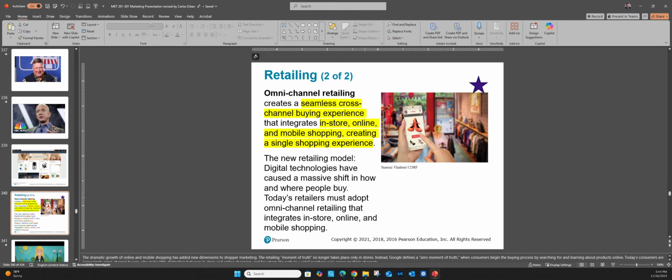And then we have this thing called omnichannel. We have multi-channel and omnichannel. Multi-channel is using many different retailing options. So you have basically brick and mortar and online. Omnichannel is integrating everything, right? Everything so that it follows the same campaign, the same theme, and it works in a way where one part